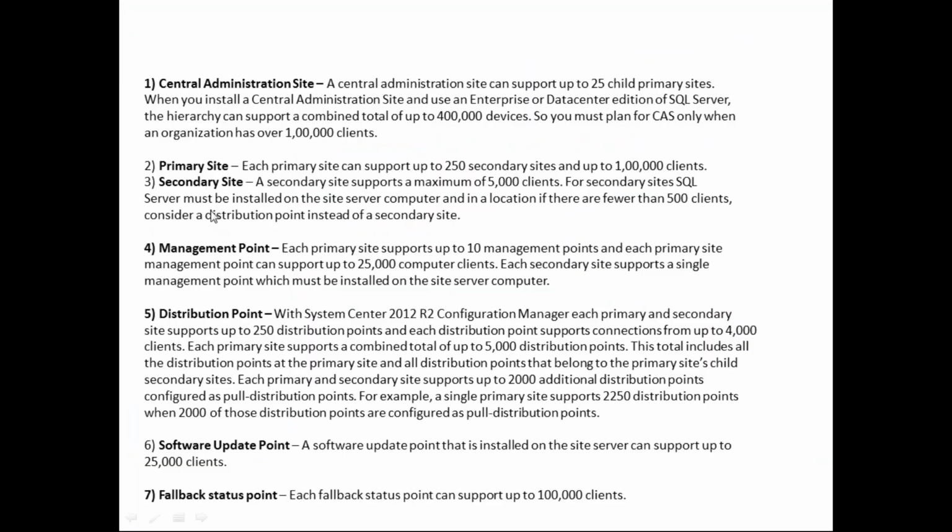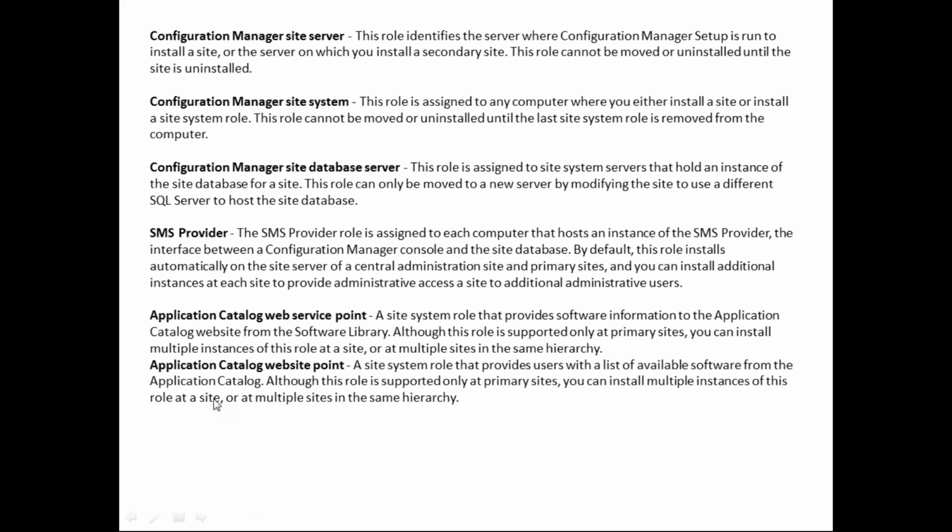We already discussed this in the first meeting, but these are the roles: management point, distribution point, software update point. So what roles are we going to install? We are going to install the fallback status point